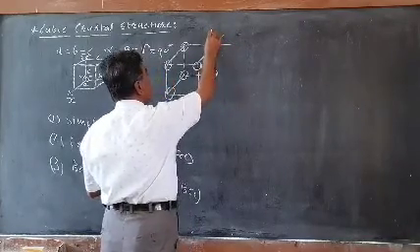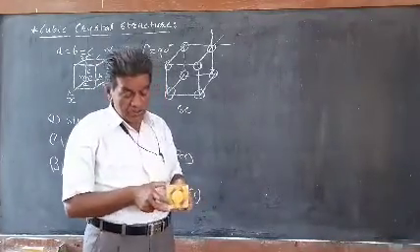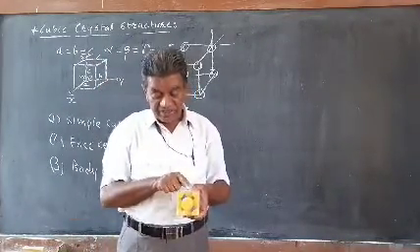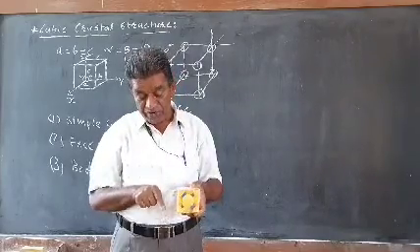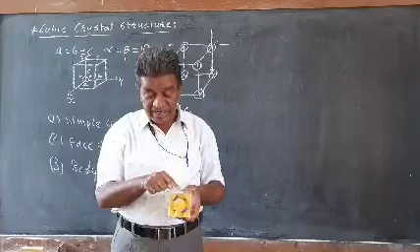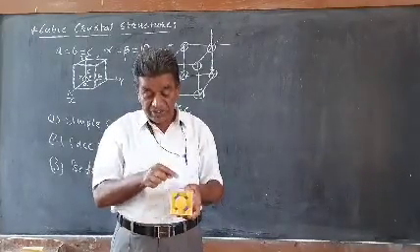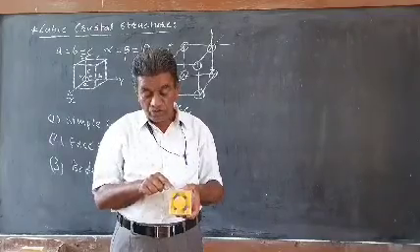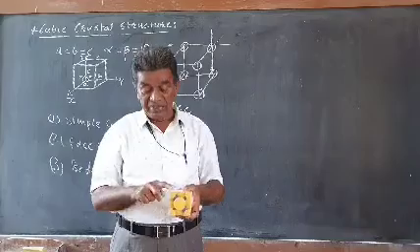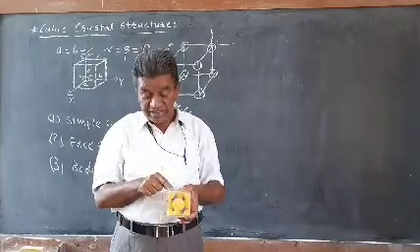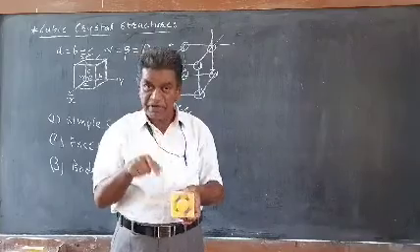how many unit cells, that we have to see. You have to imagine one structure here. We will consider this corner atom. Here is one unit cell. Up to this side there are 4 unit cells in the base, and above that 4 more unit cells. So this corner atom is shared by 8 neighboring unit cells. Below 4 and above 4, this corner atom is completely shared by 8 neighboring unit cells.